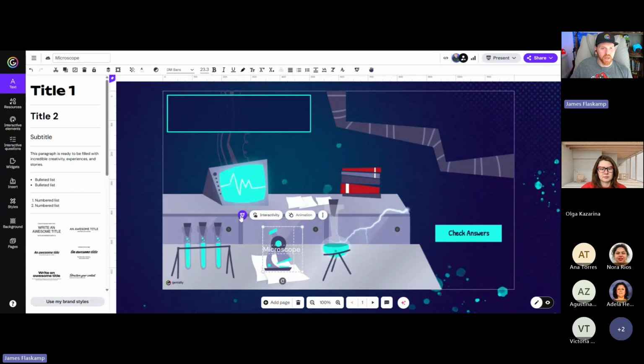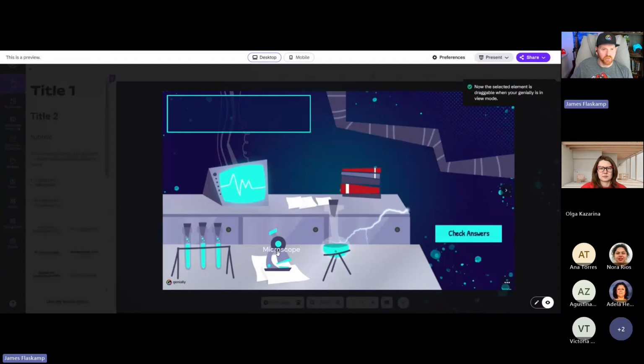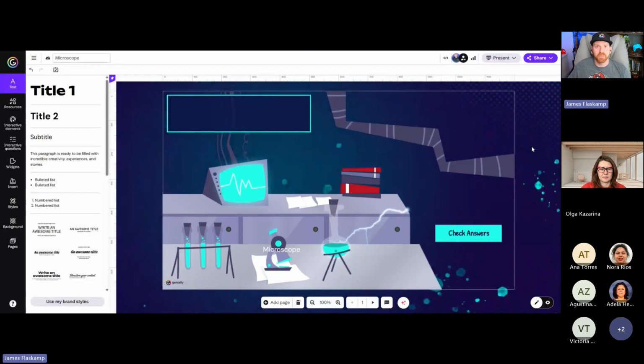And then you have your group option right here. Very easy. Then you just make sure that it's draggable. And now here you go, you have your draggable microscope. So very easy, and you can just add the text description in the box, and you pretty much have what I showed you earlier. You would just repeat this process for each one of the pieces of lab equipment that you want to test your students on.